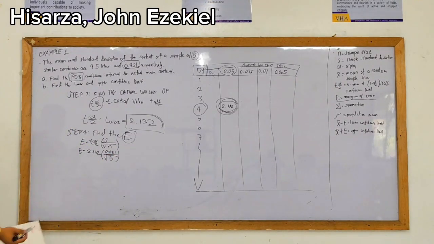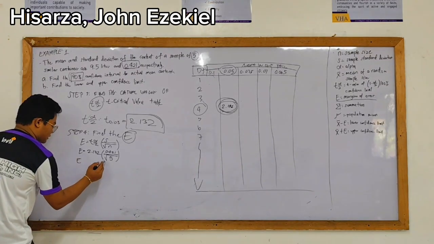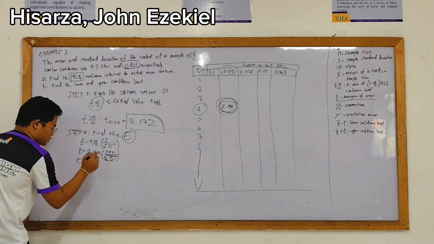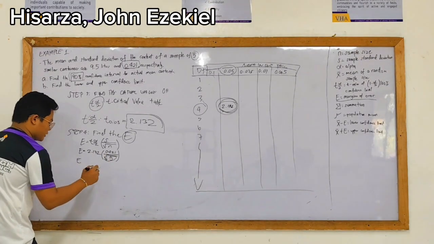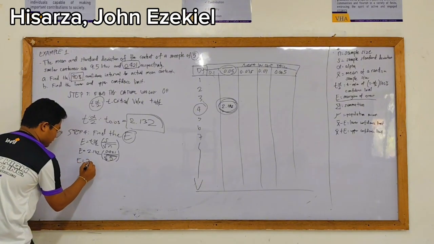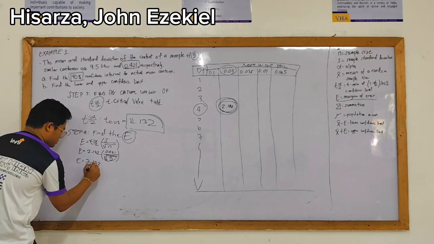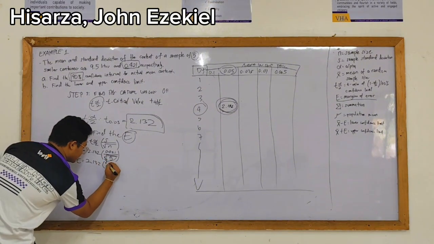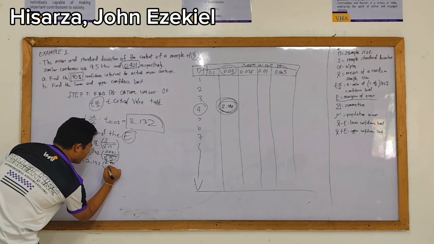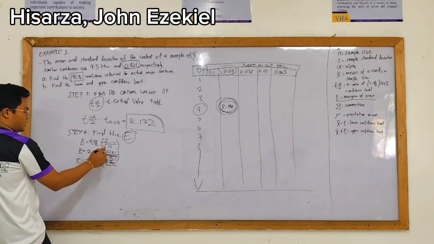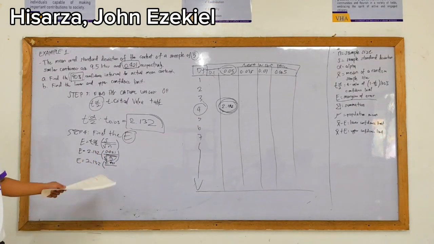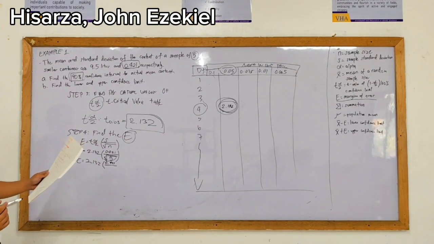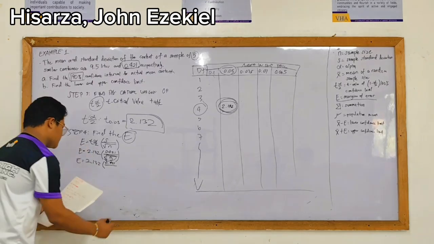After we do that, the next thing we're going to do is get the value of the square root of 5. So we write first the 2.132 multiplied by the 0.421 over. If we enter it in our calculator, the square root of 5, the value you'll get is